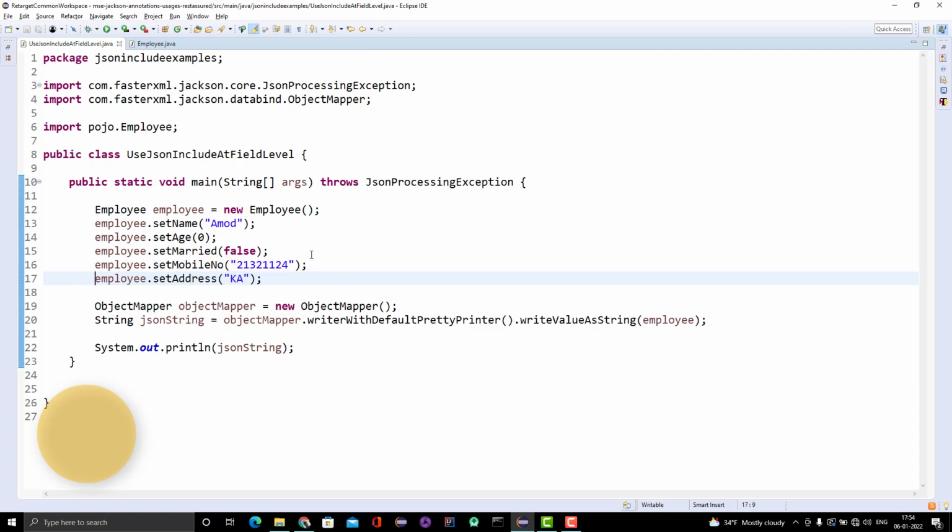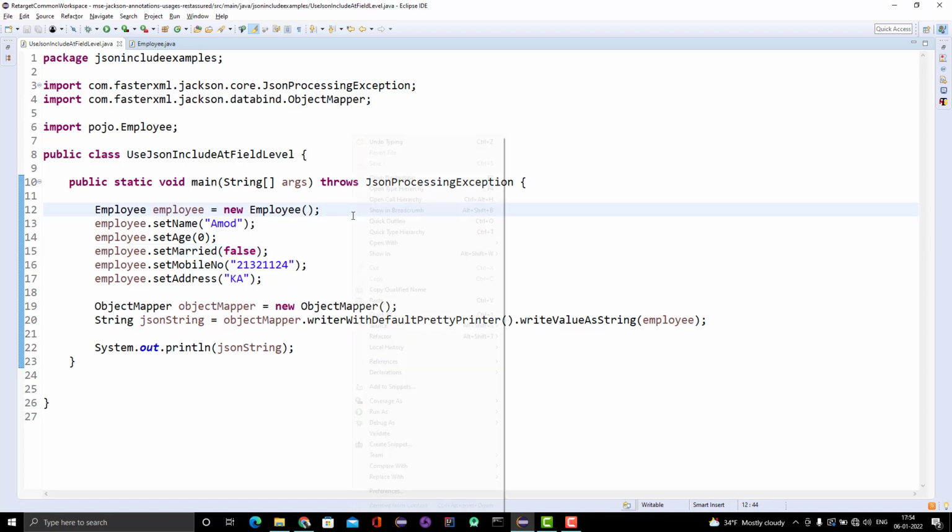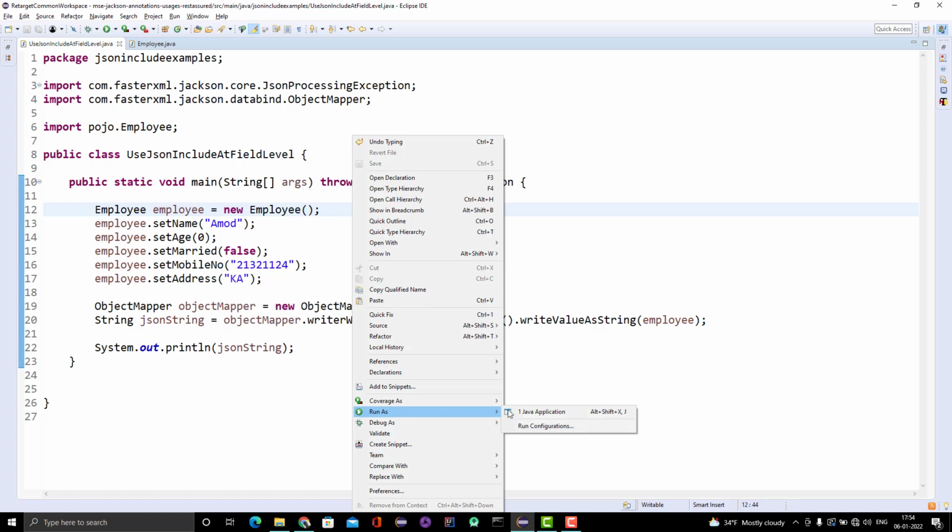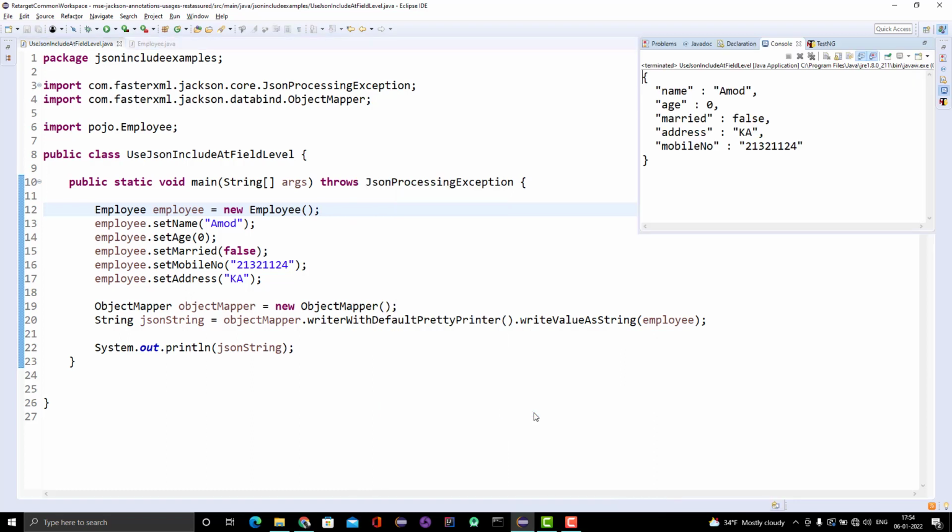This is the happy path where we set the values for all the fields, so once we serialize, we get the proper JSON, as we have already seen in previous examples. You can see we are setting the age value at 0 and setting the proper values.